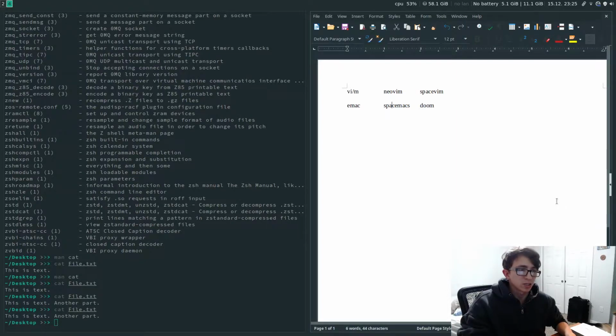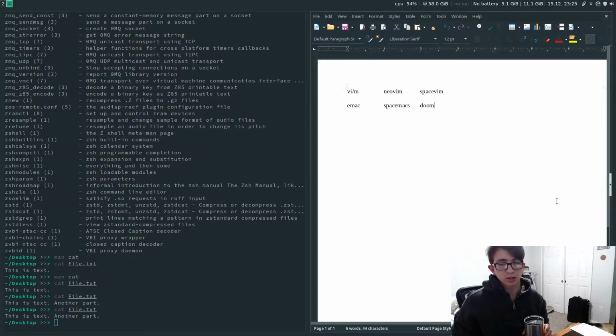Doom and Spacemacs and even Evil Mode just emulate how Vim works, Vim's key bindings, because Emacs's default keys are very hard to work with and get around. So usually people end up changing the layout of Emacs, because hitting Control for everything or Alt for everything, having to hold Alt and Control to do anything, or even in Vim,